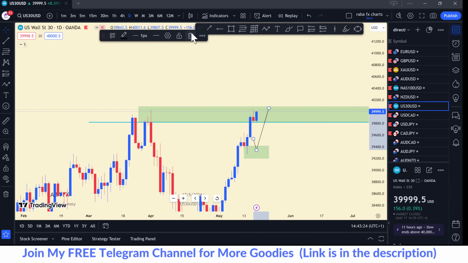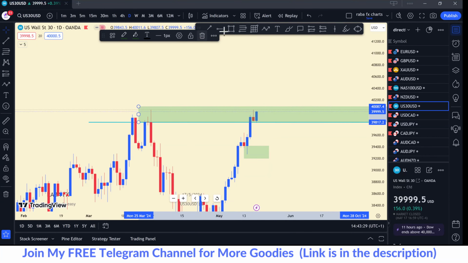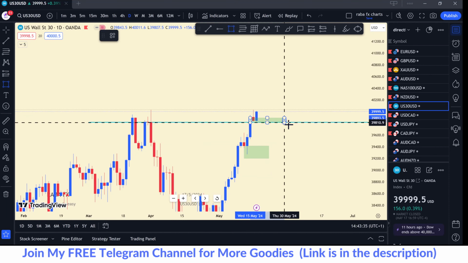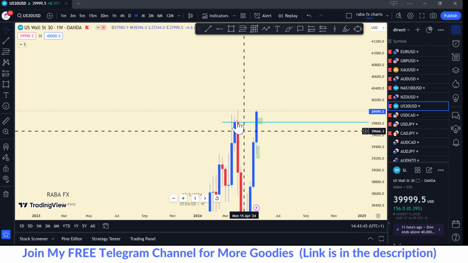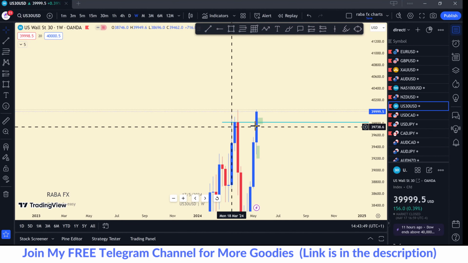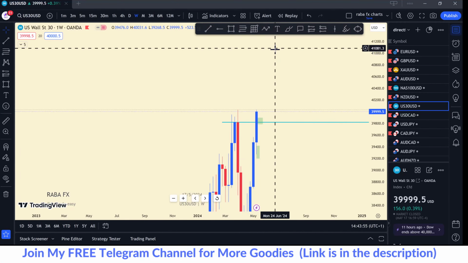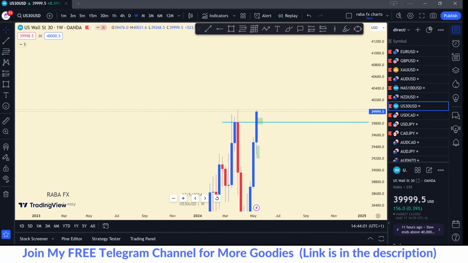So for me, I will simply be expecting trades around this zone. When price comes back to this zone, I might be looking for a scalping opportunity. On the weekly, not much information because we've closed above that level. Where I marked this zone is simply around the weekly level, meaning resistance turning into support, and then price can push even higher. So that's what we have there. Let me go back to the chart and see what I have.